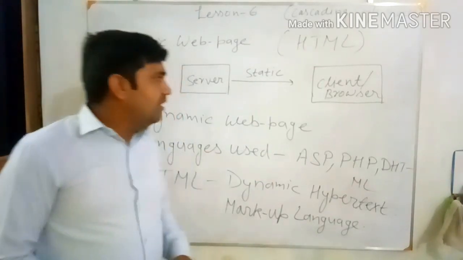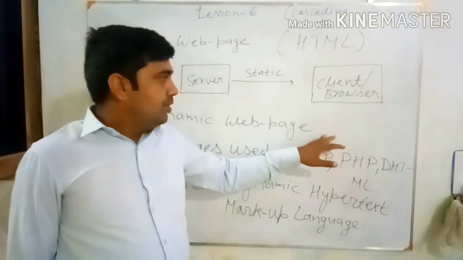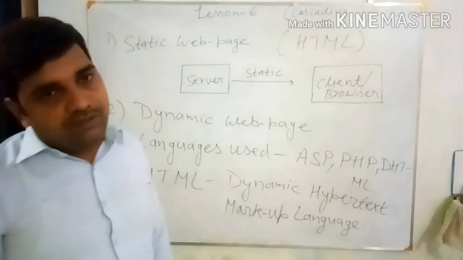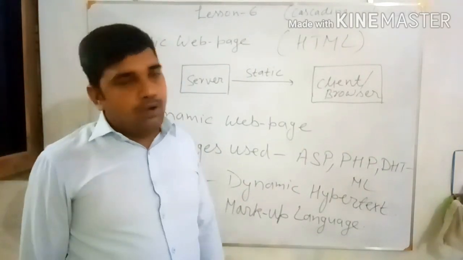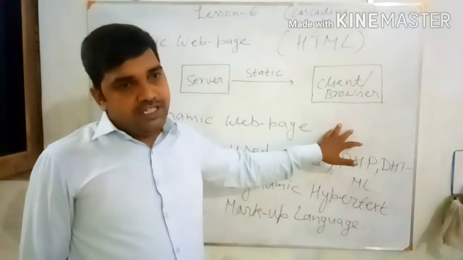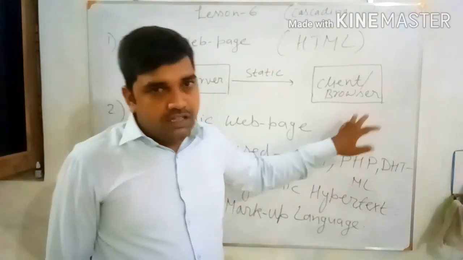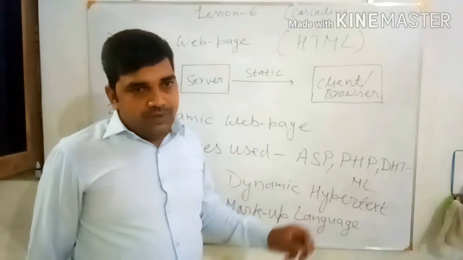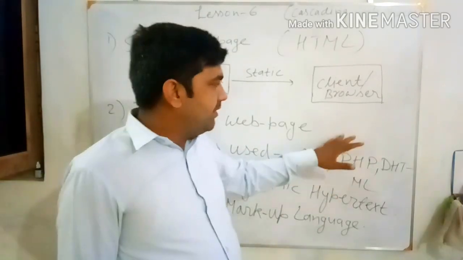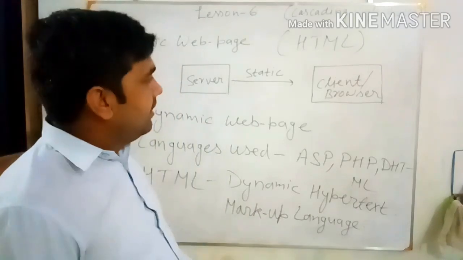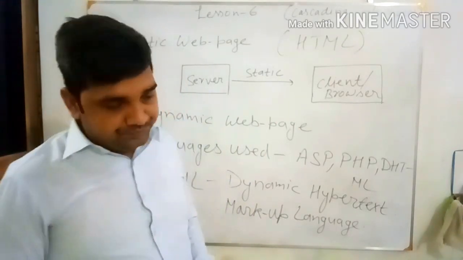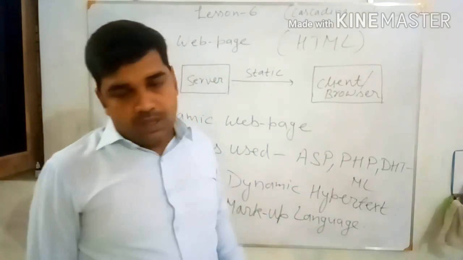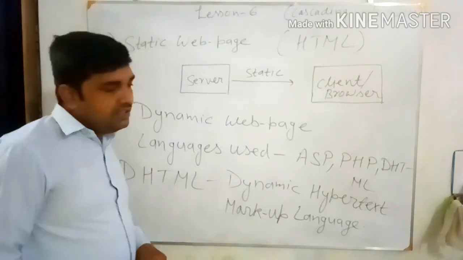For example, suppose on the web page we want to take from the user his date of birth, and calculate exactly how old the person is in years and days. That program will take the date of birth as input, and with the help of the date of birth and the current date today, the program will calculate the age of the person till today. Like this the code is written in JavaScript.